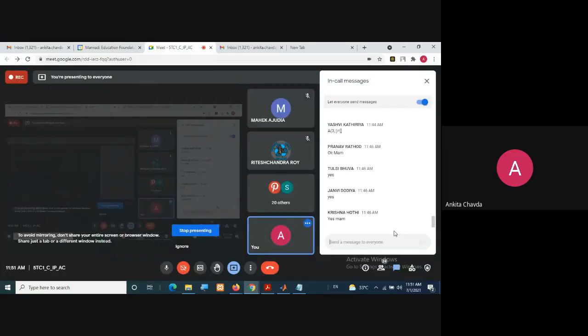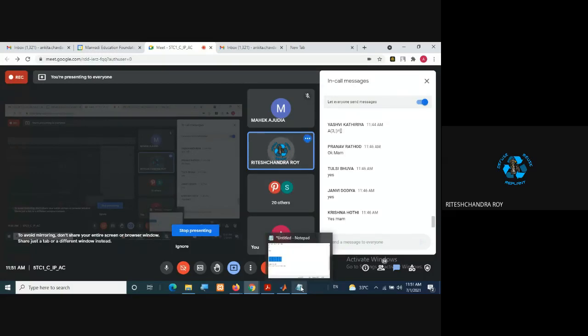Anyone who can explain this? Yes, like interchanging the first row and the last row, printing the last column.